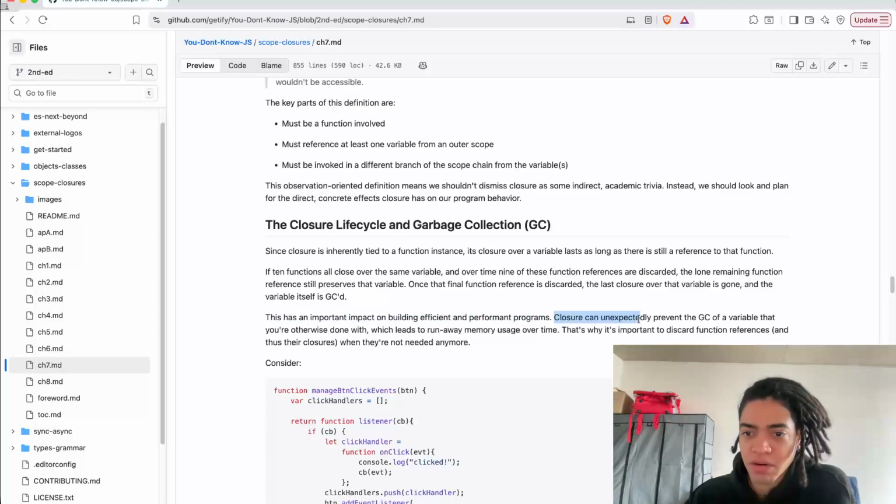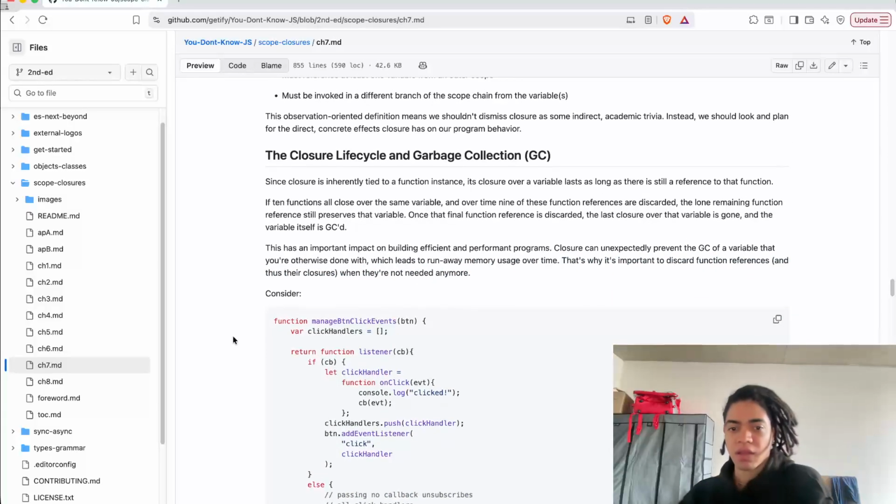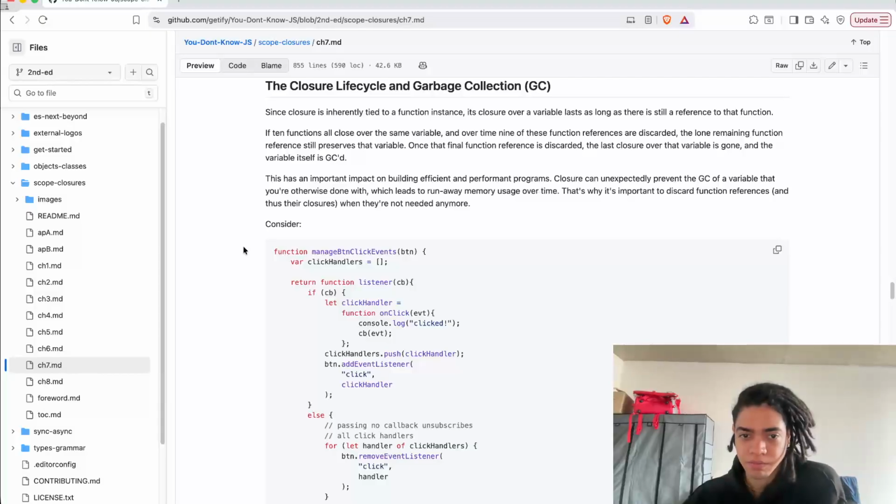Closures can unexpectedly prevent the garbage collection of a variable that you are otherwise done with, which leads to runaway memory usage over time. This is why it is important to discard function references, and thus their closures, when they are not needed anymore. So for example, in this case,